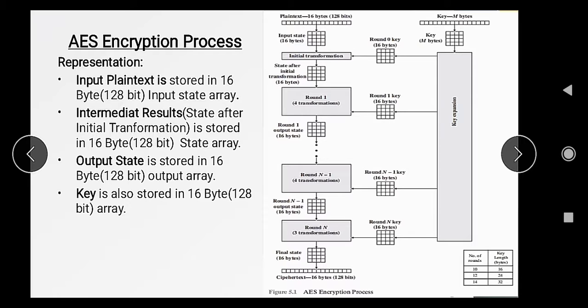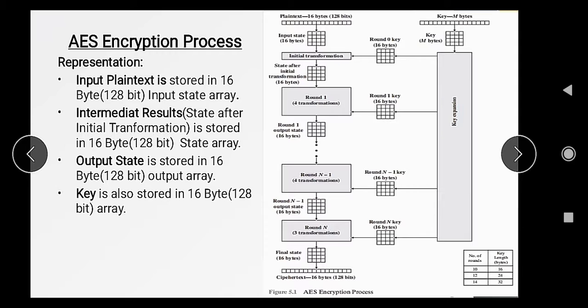Those 16 bytes are first stored in the input state. After that we apply some operations, and after the initial computation that data will be stored in the intermediate state, and finally the data is stored in the output state. So we will see this in the later slides.